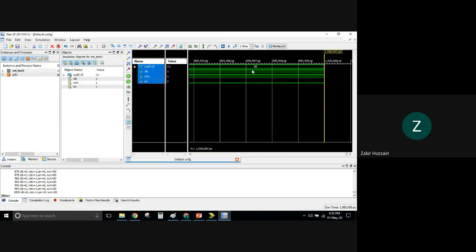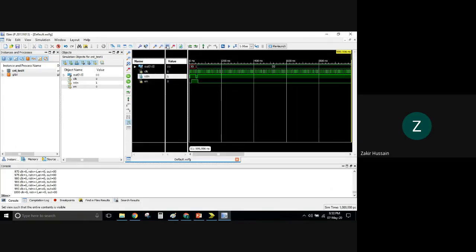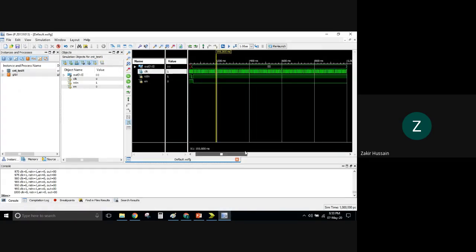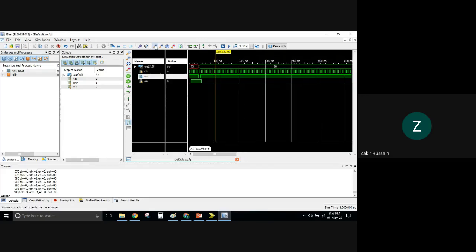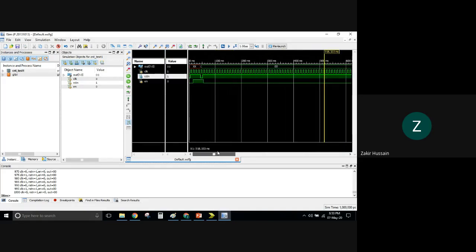So this is a waveform window. Here you select zoom to full view. If you select zoom to full view, you have got something here. I don't know whether it's correct or not. So we have got several things here. So all are zeros here. Very unfortunately, somewhere we messed it up. That's why we are ending up with all zeros.